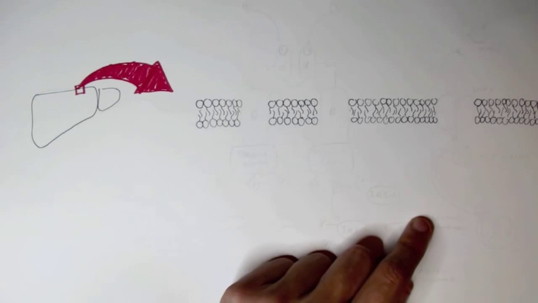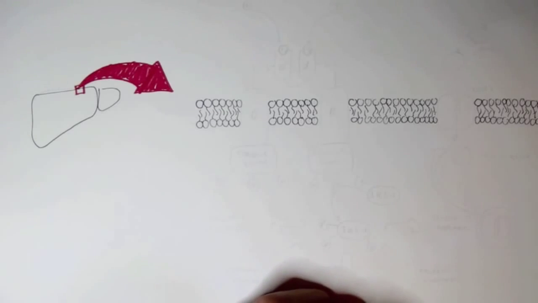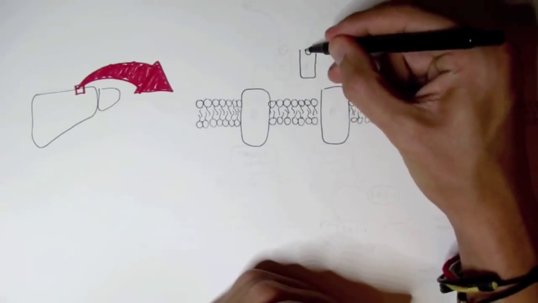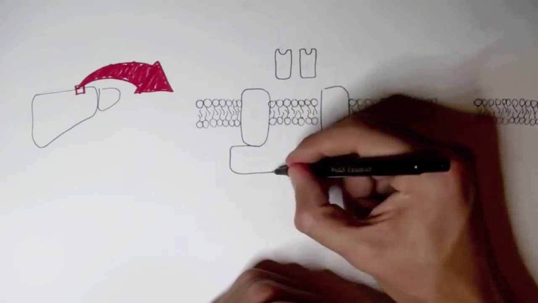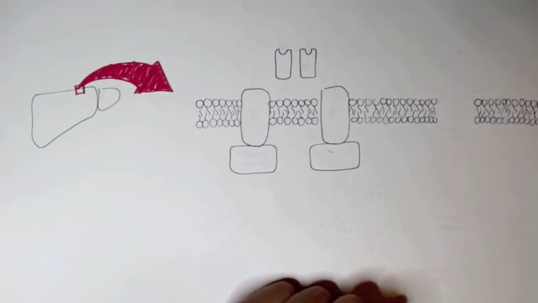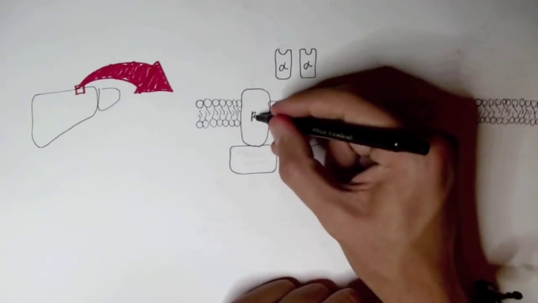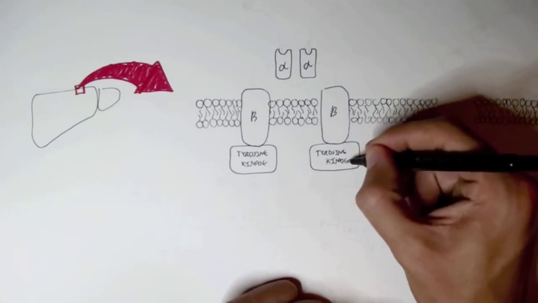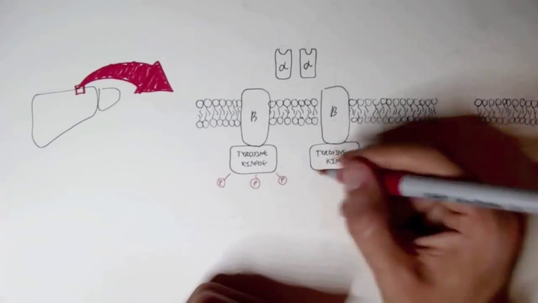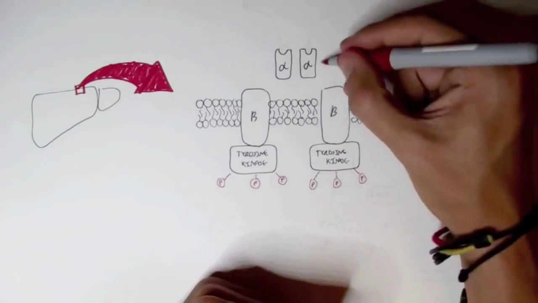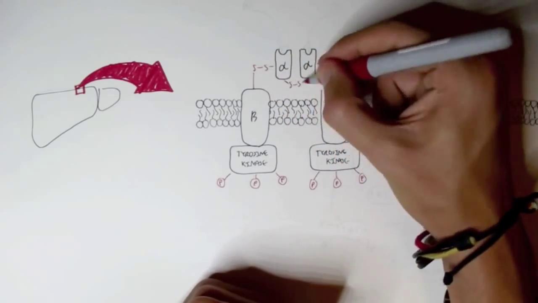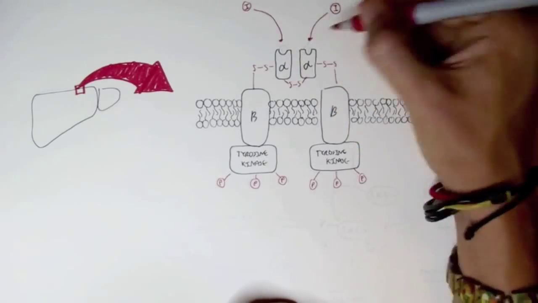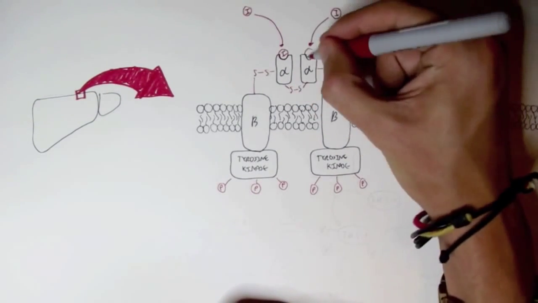The tyrosine kinase receptor, which is for insulin, the insulin receptor, consists of 4 subunits and 2 inner enzymes. So it consists of 2 alpha subunits, 2 beta subunits, and 2 intracellular tyrosine kinases bound to the beta subunits on the inner membrane. And the tyrosine kinase is autophosphorylated, so it contains many phosphate groups. The alpha and beta subunits, as well as the alpha and alpha subunits, are connected by disulfide bonds.